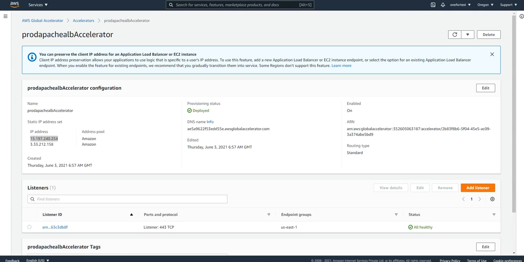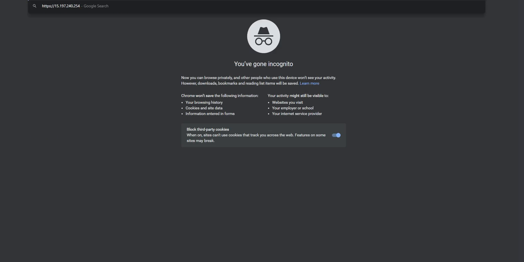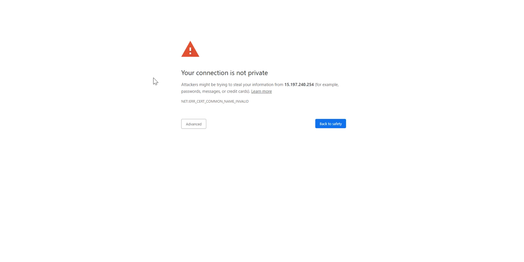It is taking me to a secure connection, because my certificate is created for another domain. That's why it is saying it is not private, because it is not trusting it. You can see it has routed the traffic to server 2. Let me refresh it. Now it has routed the traffic to server 1.